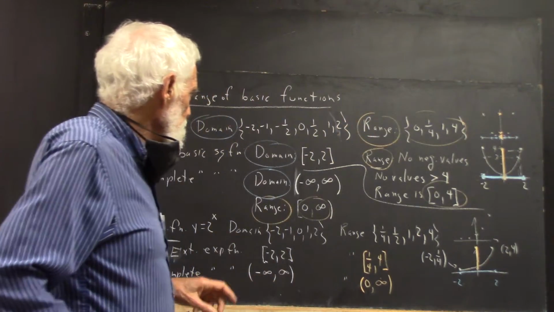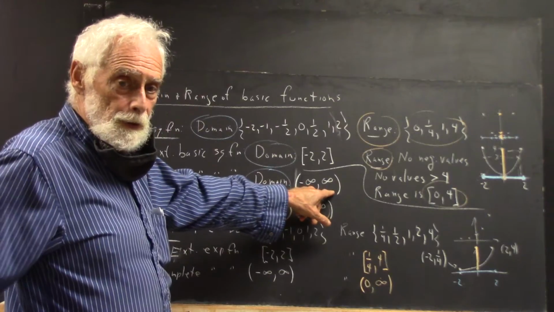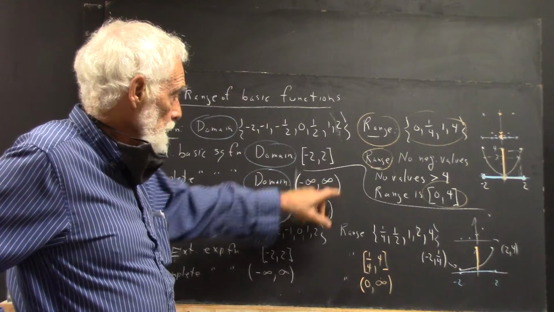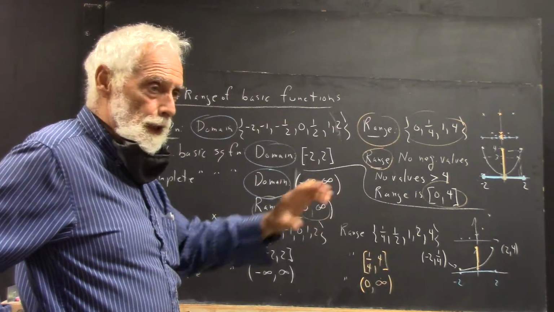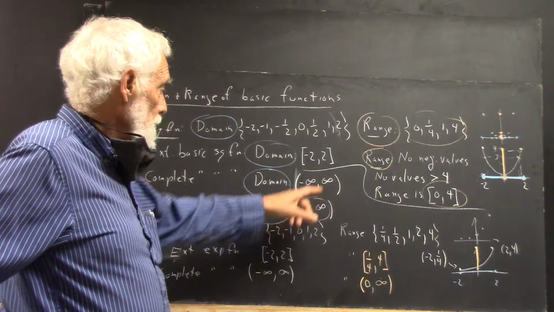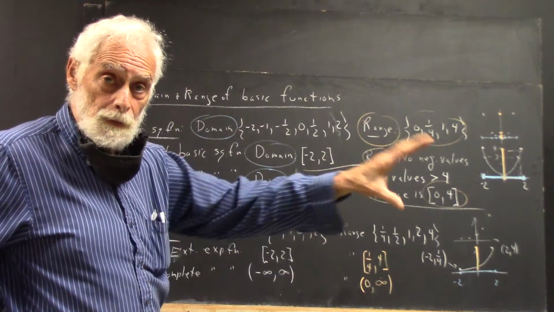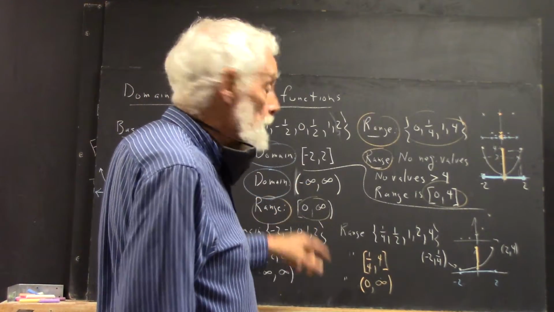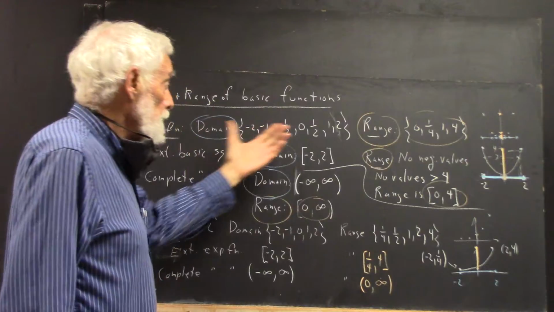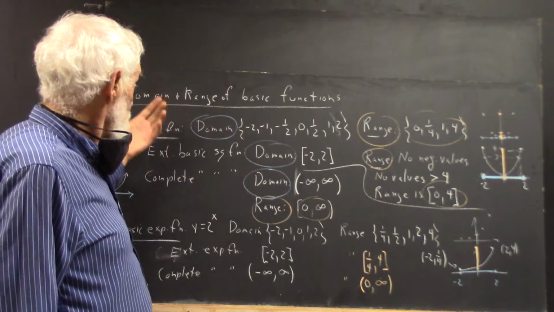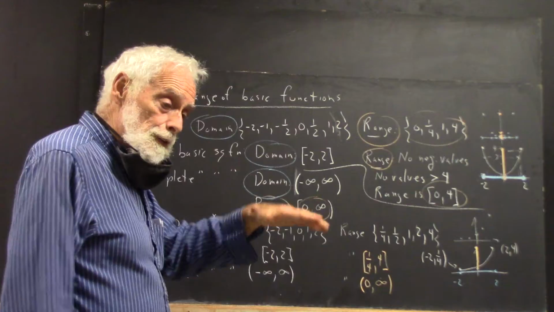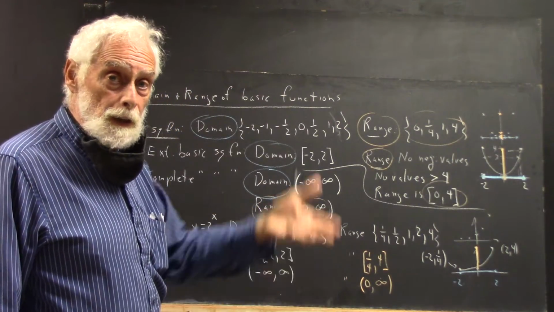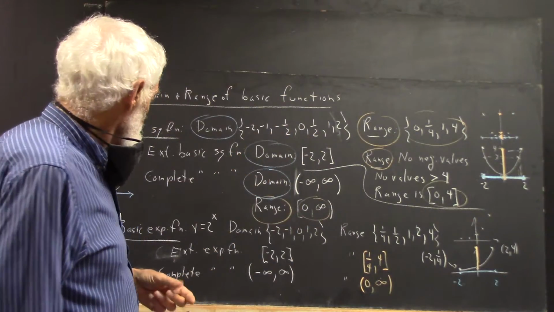For all kinds of reasons, the domain consists of all real numbers, approaching negative infinity, approaching infinity. It's an open interval because you can't reach infinity. Infinity is not included, infinity is not a number, infinity is just something you approach. So, there's your domain. The range, well, you can't get a negative number by squaring. Okay, so the range can't consist of any negative numbers. Now you get 0 because you can square 0, and you can get any positive number because, among other things,